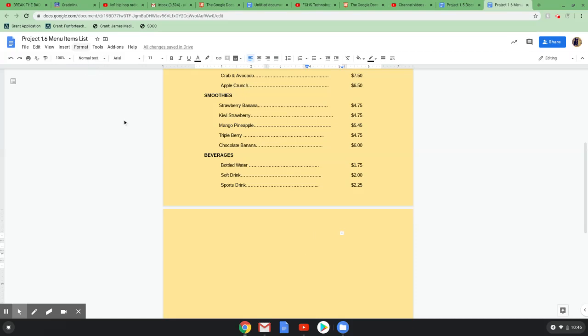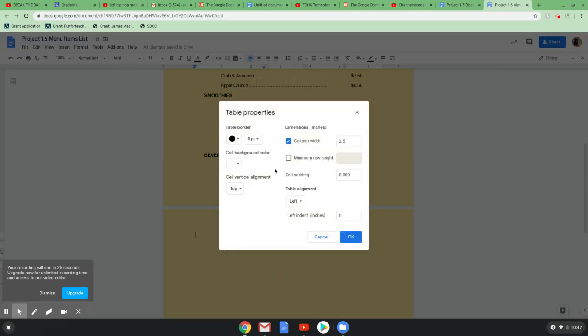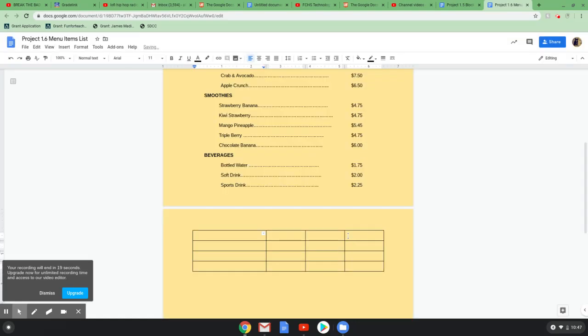But let's right-click and make that visible again. There we go. So again, if you want to change the table column size or get rid of the border, now you know to right-click and then go to Table Properties. To change the page color,